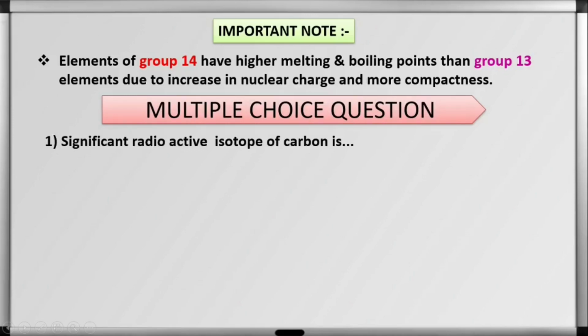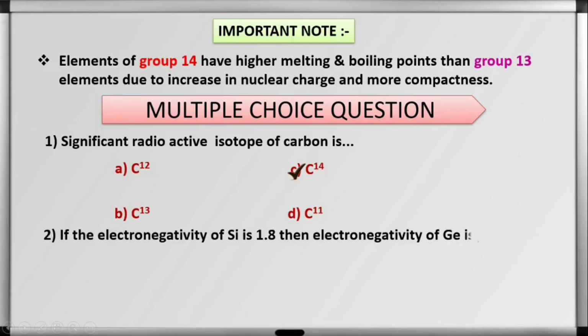Significant radioactive isotope of carbon. ऑलरेडी आपल्याला माहिती आहे की कार्बन 14 हा आइसोटोप खूप महत्त्वाचा आहे, which is very important. The electronegativity of silicon is 1.8 and then the electronegativity of germanium is, ऑलरेडी आत्ताच आपण तो टेबल बघितला आहे,